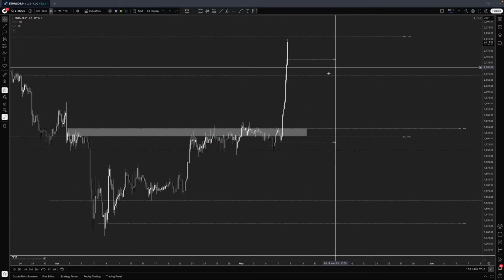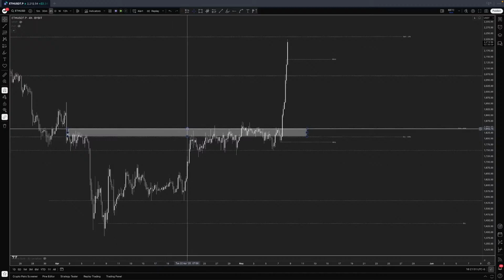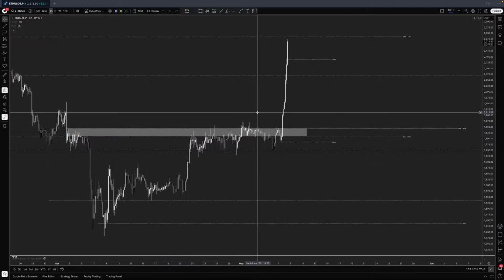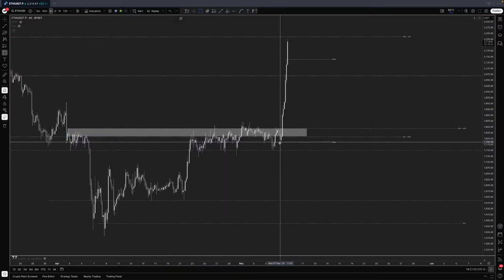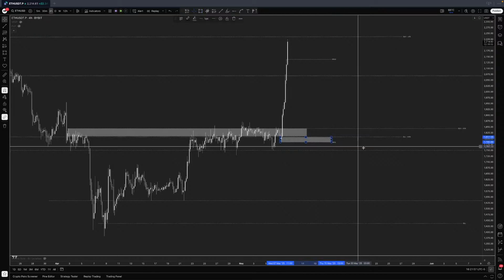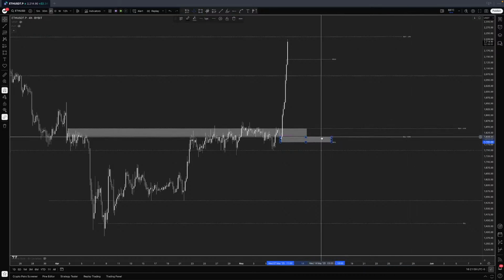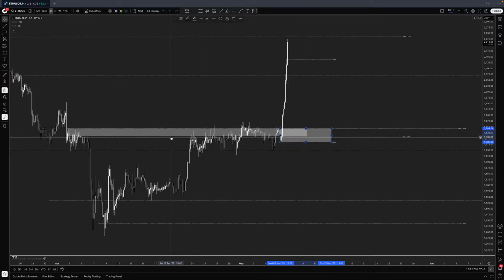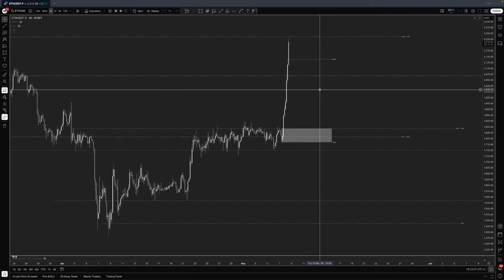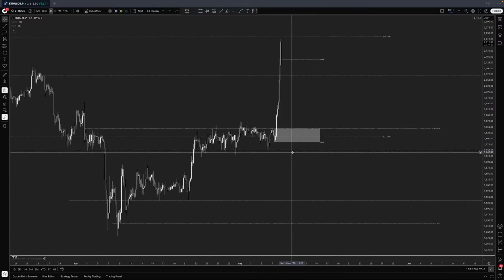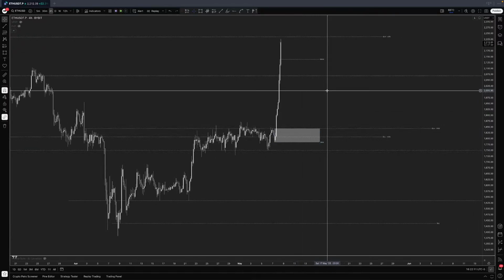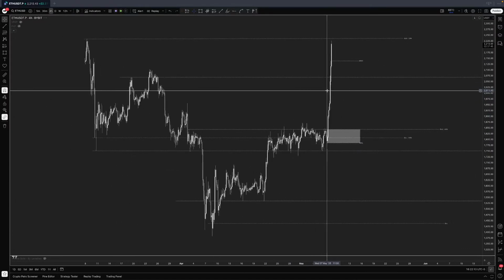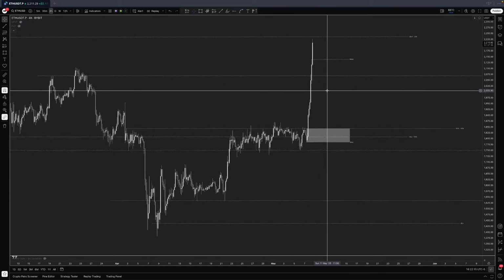Awesome. Now I'm going to erase this zone. As you can see, we have two zones over here, this one from the daily B levels and also from the intra-week. So what I'm going to do is join these two zones. Now we have this area of interest for our future trades.